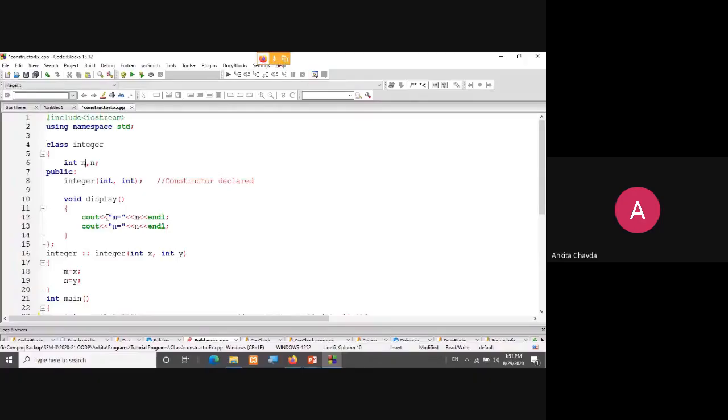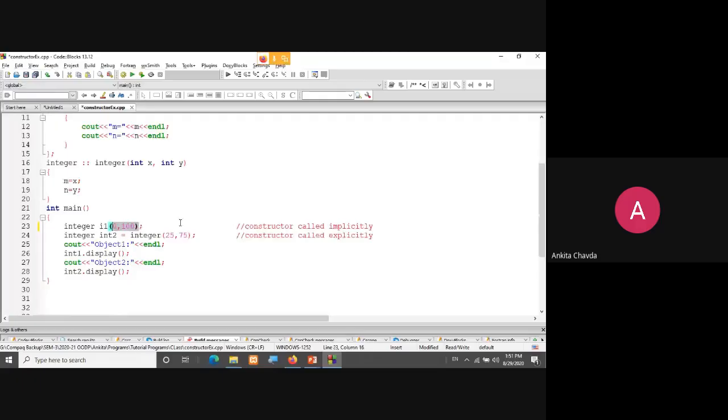So whenever I'm creating this I1, two things will happen. First, the variables m and n do not have any physical space in memory yet. But whenever I create the object, these two variables will get physical space, like 4 bytes and 4 bytes for the integers.